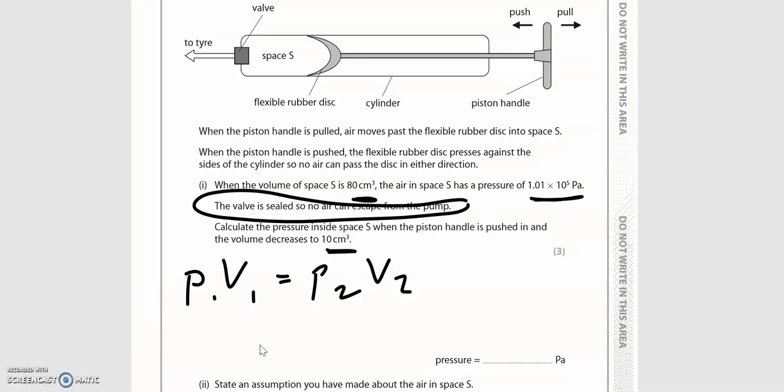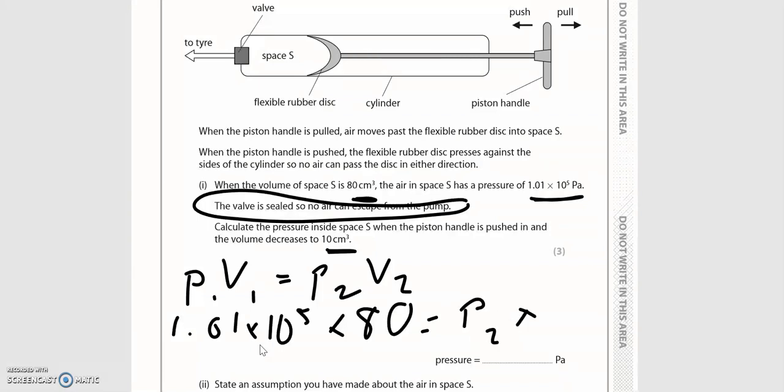So P1 is 1.01 times 10 to the 5 pascals times by 80 centimetres cubed, and you don't need to convert that because both of your volumes are in centimetres cubed, so it's going to cancel out. And then you don't have P2, that's what you've been asked to calculate, but you do have V2, which is 10. So you've got P2 there and times 10, and when you rearrange that, you get the answer